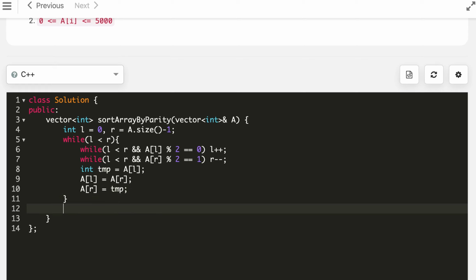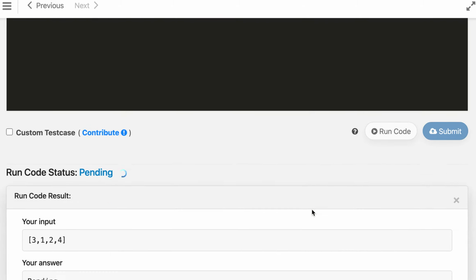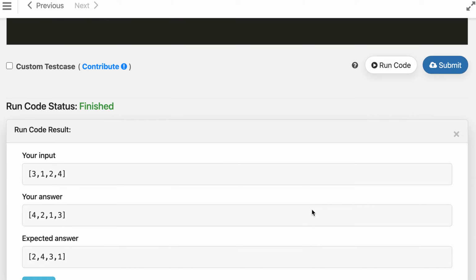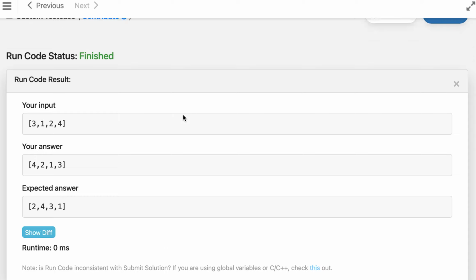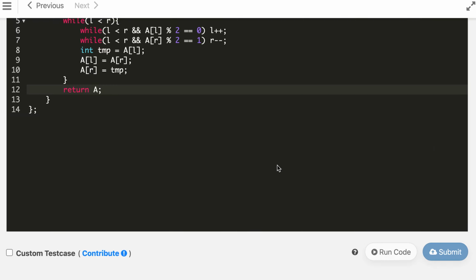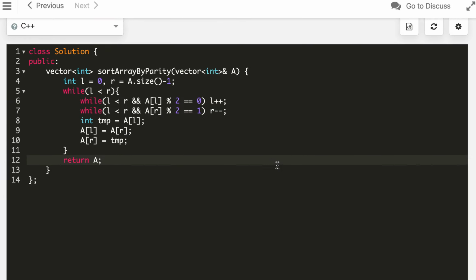And we have to return a vector of int, so we will return A itself since we have modified it. And this solution is correct. Although you see that the order is changed here, 1 3 and here it's 3 1, it's fine. And the solution is accepted.